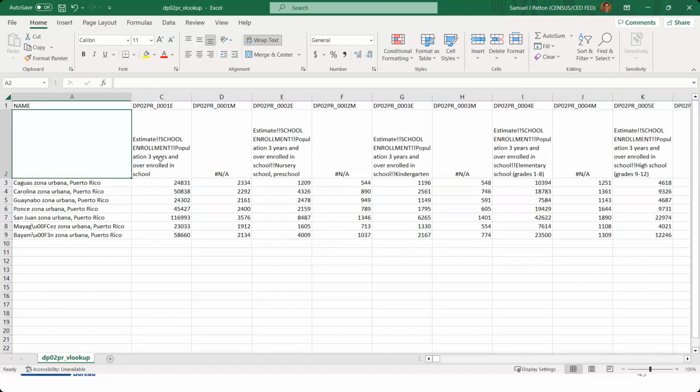And now you can see for this table here, there's no going back and forth between the browser. We have the variable labels pulled in and matched up under each one of these. So the thing we were looking at earlier, this variable here, now we don't have to go back to the browser and see that, okay, this is for population 3 years over enrolled in school. We can just look within the Excel file here, and it's a lot simpler. So again, I'm not going to walk through the steps for this VLOOKUP function in the webinar today, but I have a really helpful video included in the PowerPoint that's going to be sent out to you all.